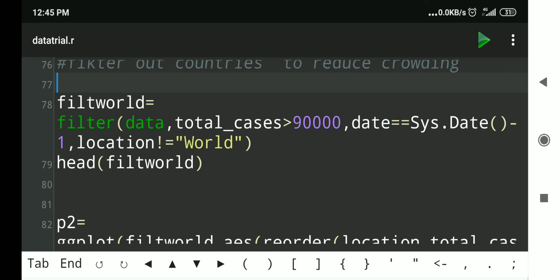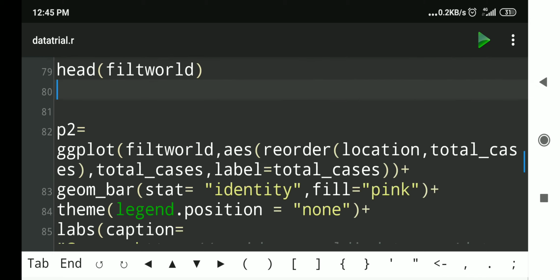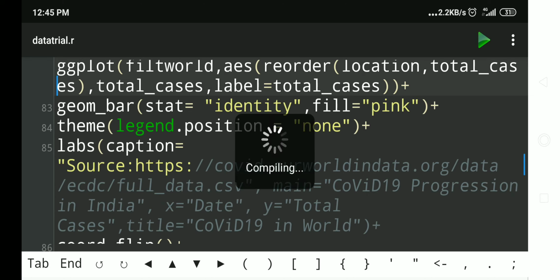Here in the unfiltered graph, many countries are there, therefore that graph is not clearly visible. Now here I have filtered using total cases greater than 90,000, and the number of countries will be reduced there. Very few bars will be there, and those bars will show us data about those countries where case number is more than 90,000. We'll run that. This plot is that P2. We'll run that P2,